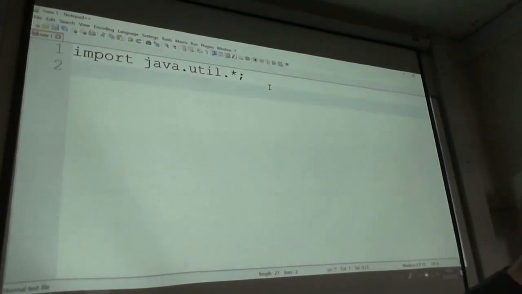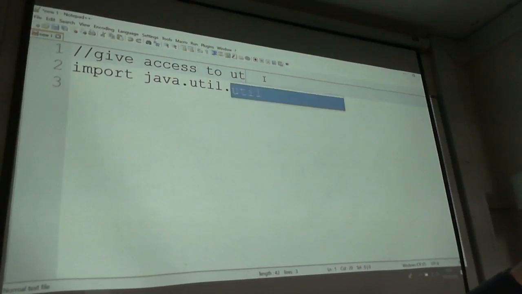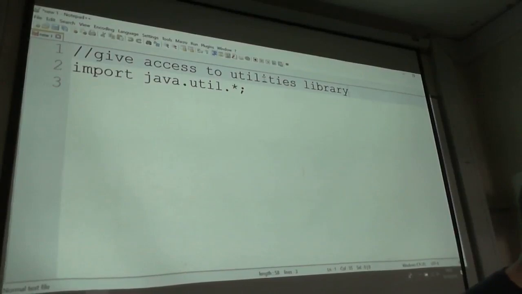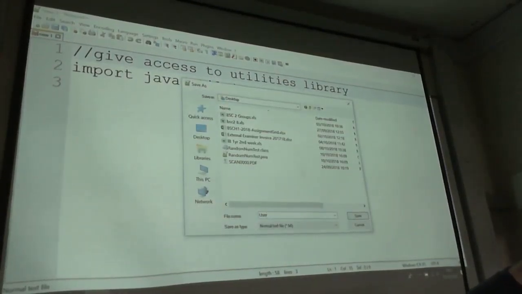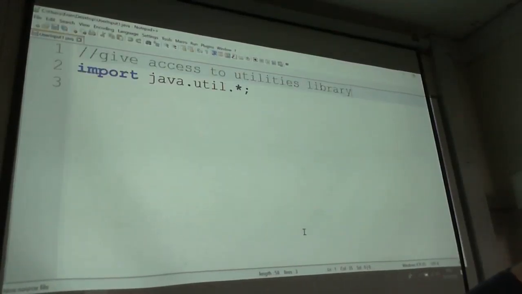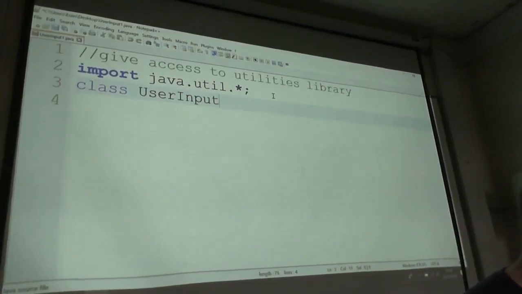Okay, so this gives us access to the utilities library. Let me actually save this as, this is going to be UserInput1.java. Okay. Then we're going to create our class. So class UserInput1,